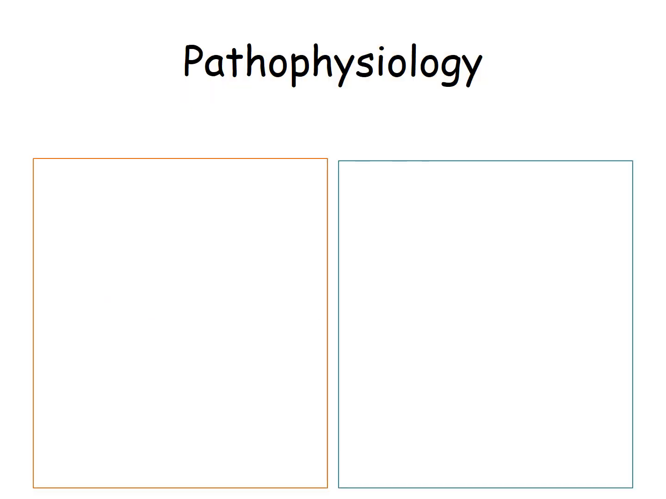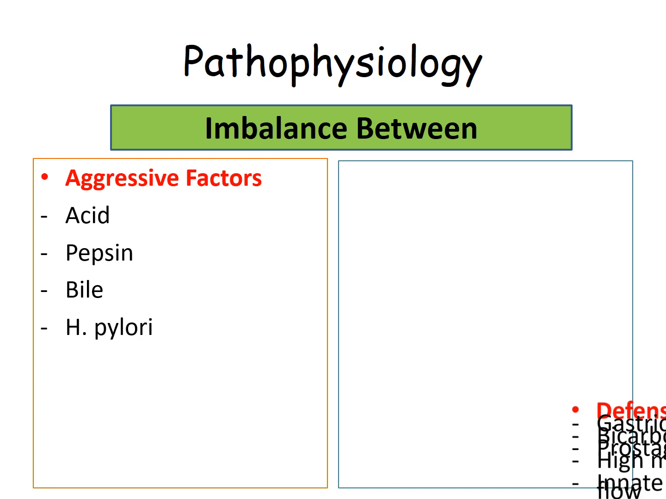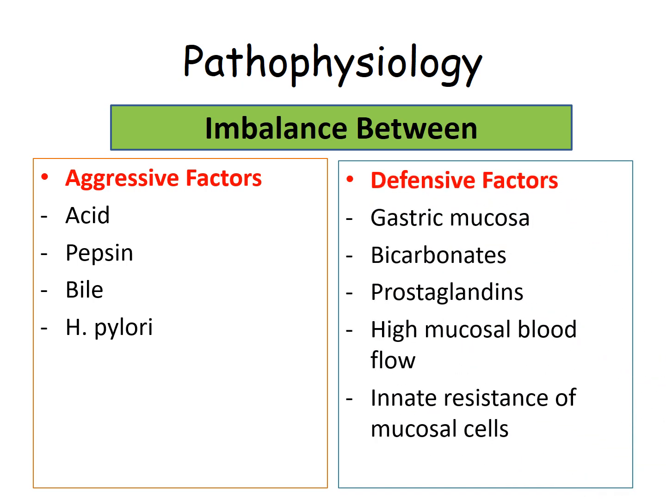Now the pathophysiology of this disease is mainly an imbalance between some aggravating factors and some defensive factors. So in our body we have some defensive mechanisms to protect our gastrointestinal tract from the acid which is normally secreted in our body. So the peptic ulcer disease or acid peptic disease is due to imbalance between these aggressive and defensive